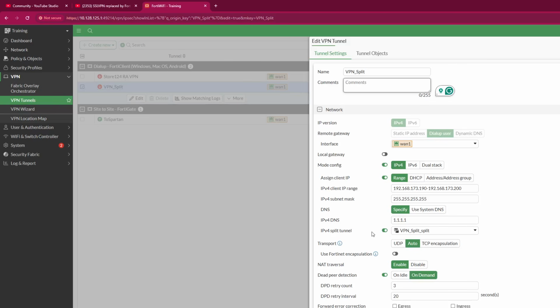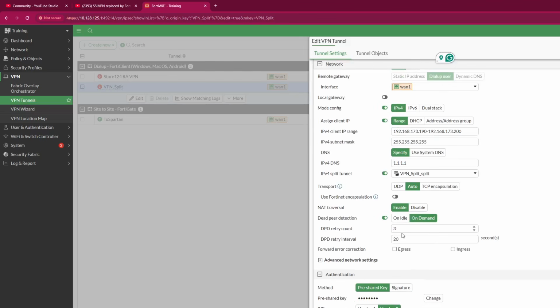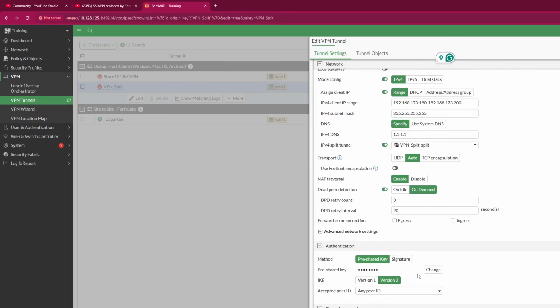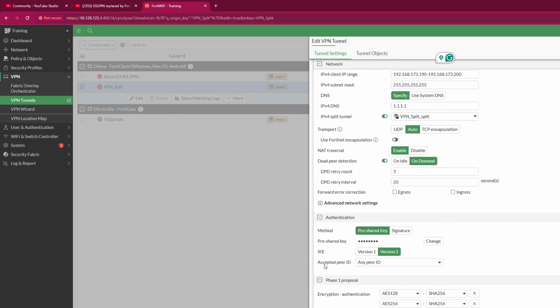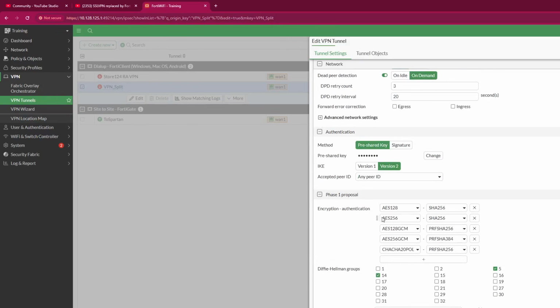So now, the next thing you're going to look at is that we already have a pressure key. We're using version 2. For me, I do not like to use a peer ID. Some people like to create a peer ID that you can use. I don't really like it, so it's fine. Then the next thing, it's your choice, basically. Any peer ID works for me, but for more security, sometimes you might want to specify a peer ID that you just type into your FortiClient